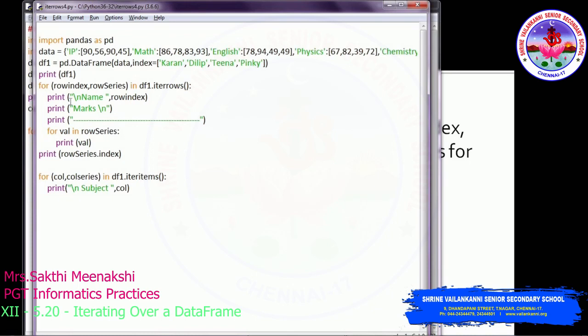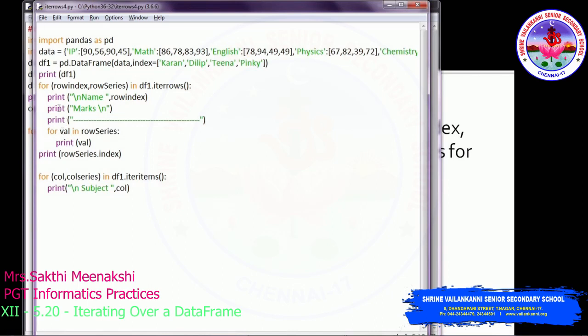In this statement we are using for row index comma row series in df1.iterrows. First we are displaying the name and marks. Instead of just displaying the row series, we are going inside each and every value using the for loop. So for I am using the identifier val in row series. Until the row series becomes empty, it fetches every value and displays it. So instead of returning the complete series as a block, here we are going to return each and every value inside the series. That's the use of this for loop here.